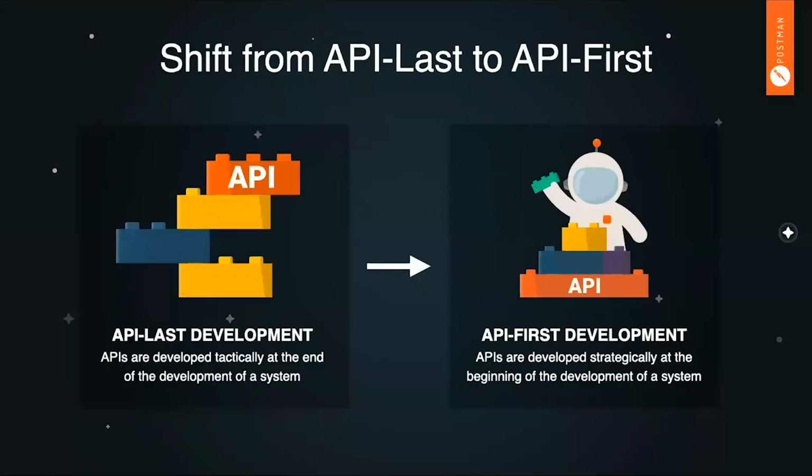All of this has led to a shift from API last to API first, where rather than APIs being an afterthought and something that you do after you've already built your applications or in support of your applications, more companies are following Twilio's and Stripe's lead to actually build their API first before they get to work on their applications, changing how we do things when it comes to software and architectural development.